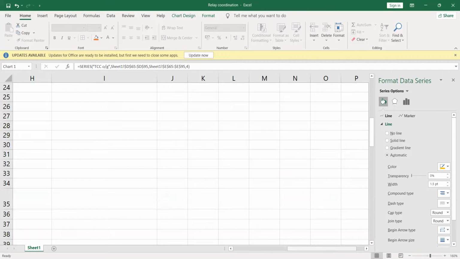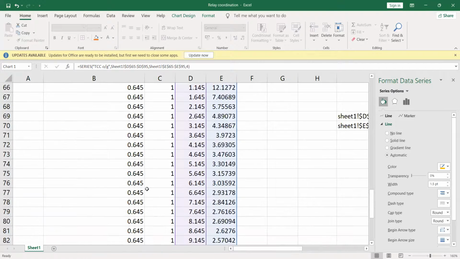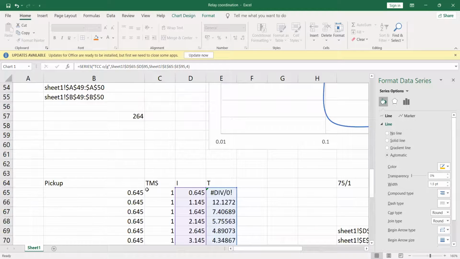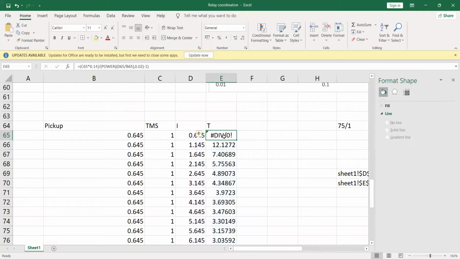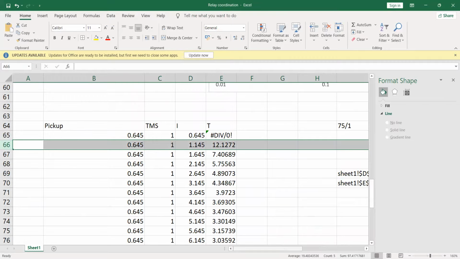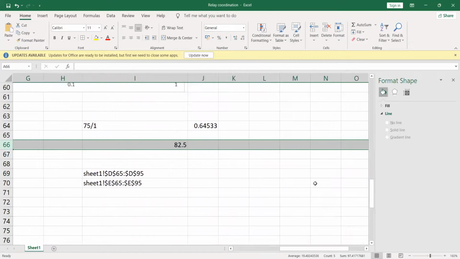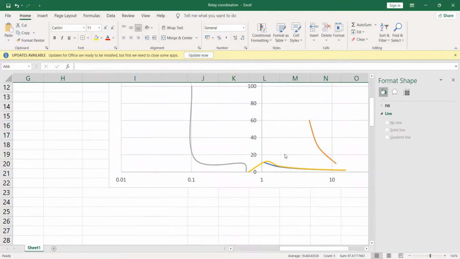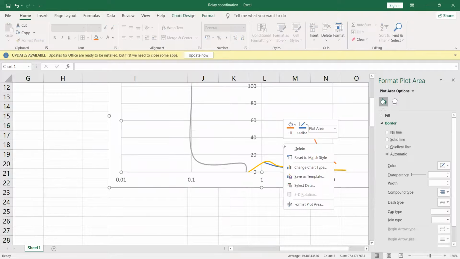Okay, let us go see the data. Because of this, instead of 65, let us start from cell 66. Because plotting infinity, I think, is a problem. It is getting a problem here.